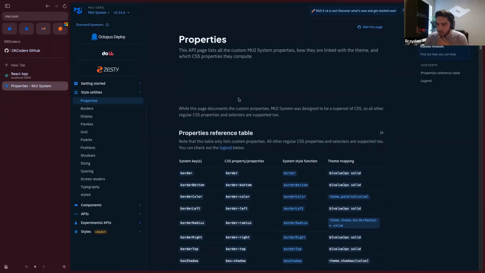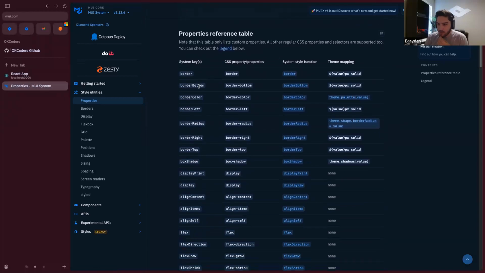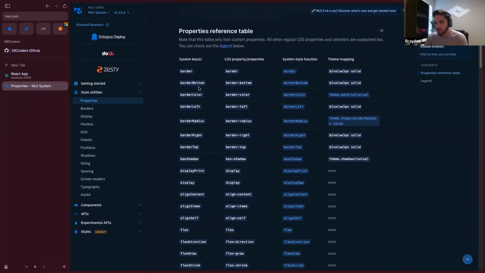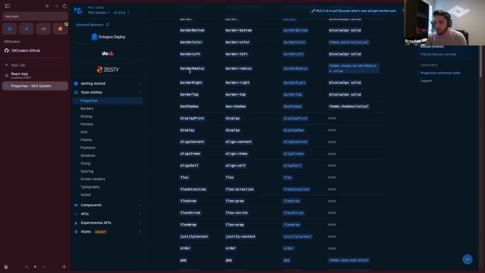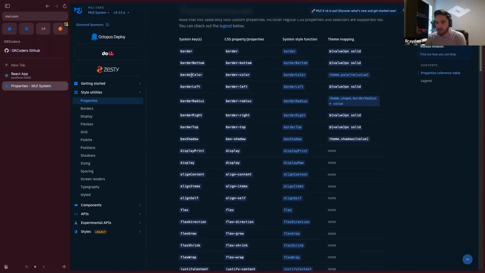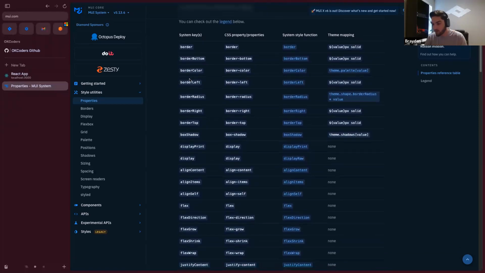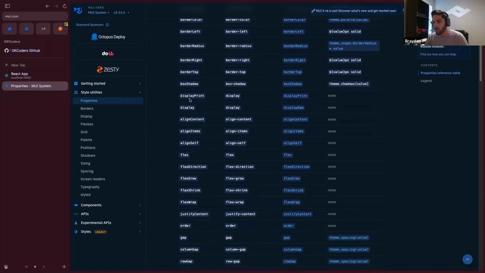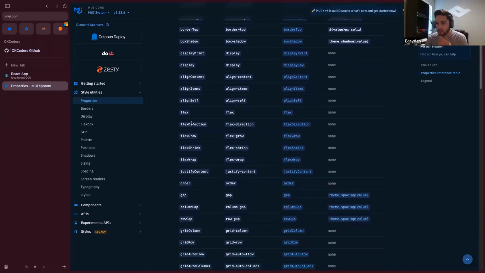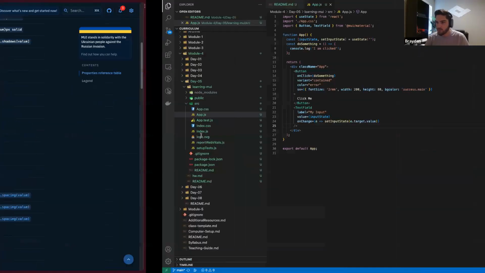So all of these style function, all the style properties, you can pass directly into these layout components. And so this page here is in the MUI system section. And all of these are just regular properties that you can pass onto this component like a regular prop, right? So you don't need to put it in an object in a style or in an SX or anything like that. If I wanted to give it a flex direction, you could set that here. I could set flex direction, column, or row. So let's look at that. If I want to import a Box here,